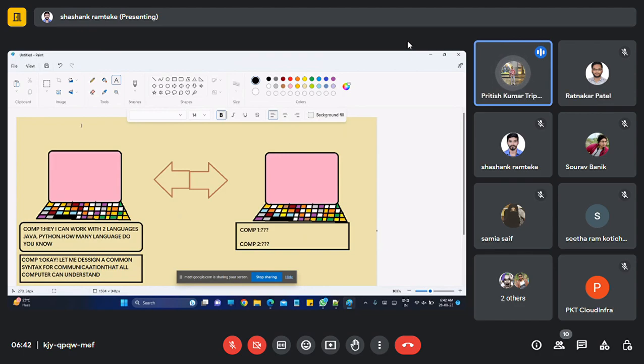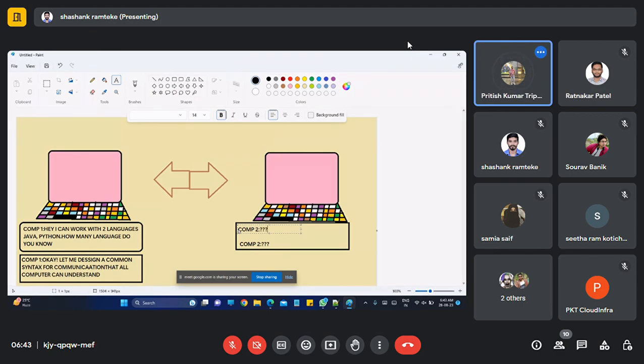So what we can do, computer 2, and initially he has given the error.